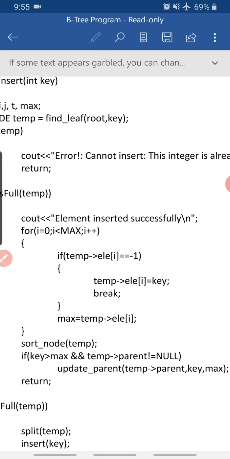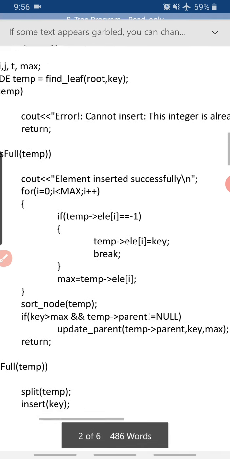Or if there is some value already, you have to insert properly. So we check if temp element of I equals -1. Where there is -1, we can insert that possible key. So we're not doing the sorted insertion directly, we're going to insert and then sort. That's what we're trying to do. So wherever there is -1, we're going to insert that key. In our case 1, we check that the first value, element of 0 itself, is -1, so we say temp element of 0 is key, and we break. So that's the end point of the for loop.